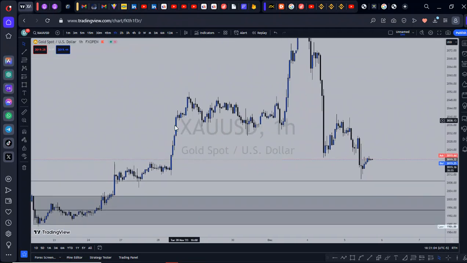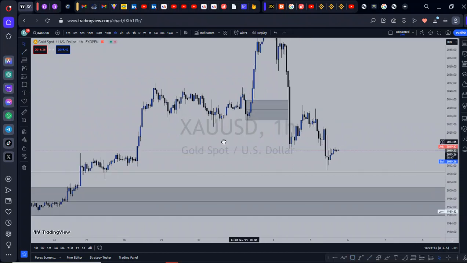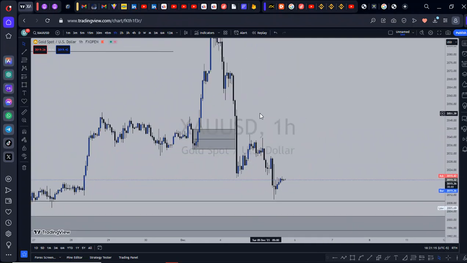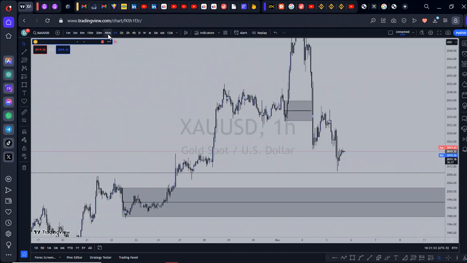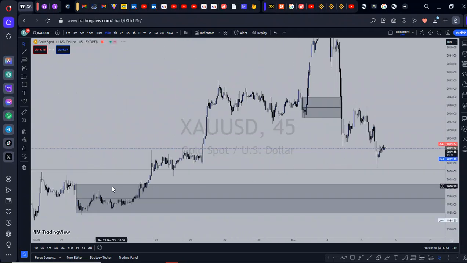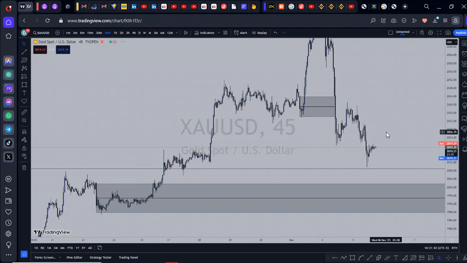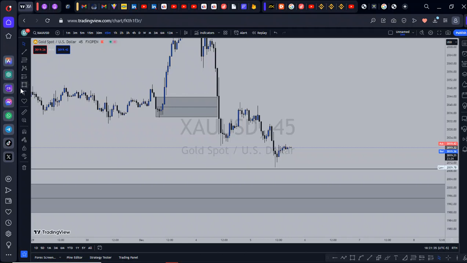Right here you can see that this demand was violated, right? Price trades into it and still left behind sell side inefficiency. So price is now trading lower sluggishly and into that demand that I marked out on the 4-hour time frame. So now some traders are in a sell trade.